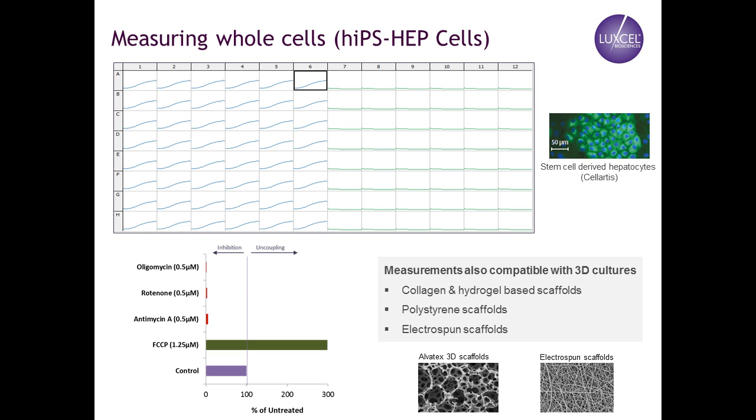We do a lot of the work in 2D systems, and the users do a lot of work in 2D systems, but more and more people are turning to various 3D models. And the system is quite applicable to 3D models because this particular probe is measuring changes in the media that the cells are in. So there are no issues with lifting cells off 3D matrices, which can prove problematic for